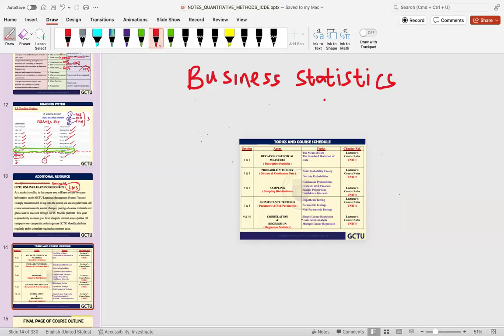And it's part of your program because at the end of the day, when you get to the final year, you will be doing your project work. And in your project work,